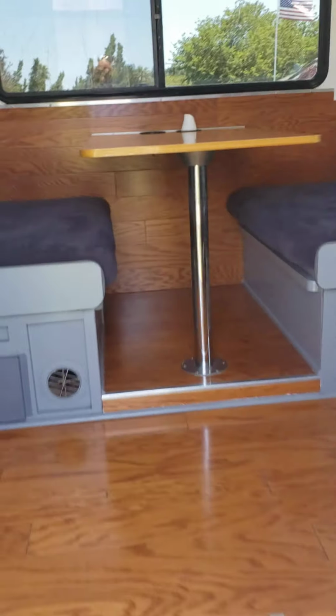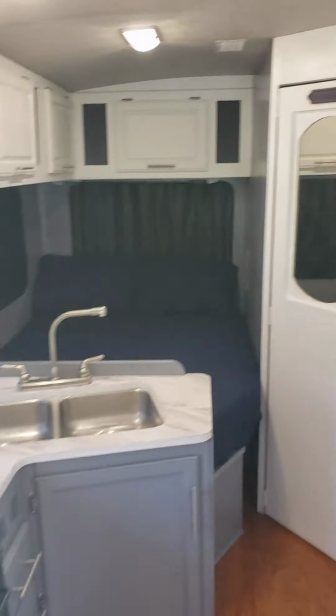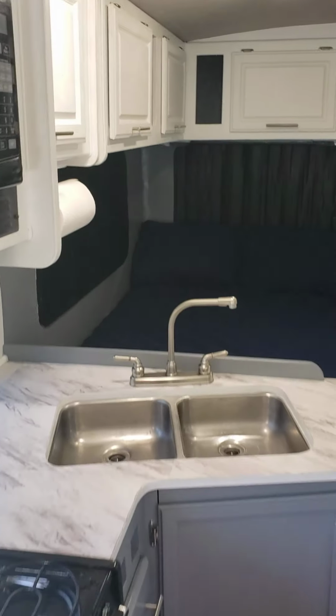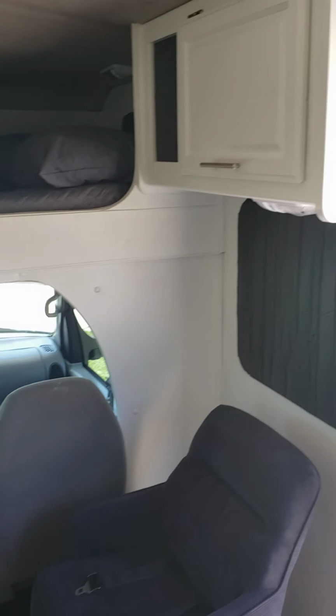Well, it took me a couple months, a month longer than I thought it would, but here's the changeover result of what was and what is. Got the blackout shades in there right now in the back, but yeah, starting here, I mean, we repainted everything. For all those panels where I recarpeted here,